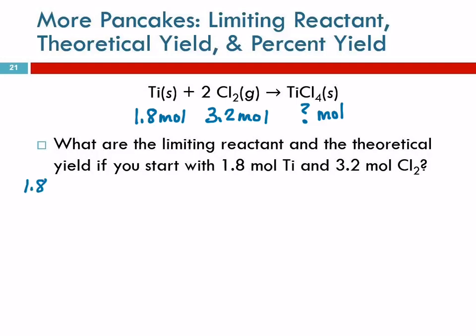So 1.8 moles of titanium. And the path that we learned last week was grams to moles to moles to grams. Okay, this one, we're starting in the middle. We're given moles, and we can end at moles. So we just cut the ends off. You have to do the middle, though. So we're going to go moles to moles. So moles of titanium to moles of the product, TiCl4. And I want to divide by moles of titanium so those units cancel out.